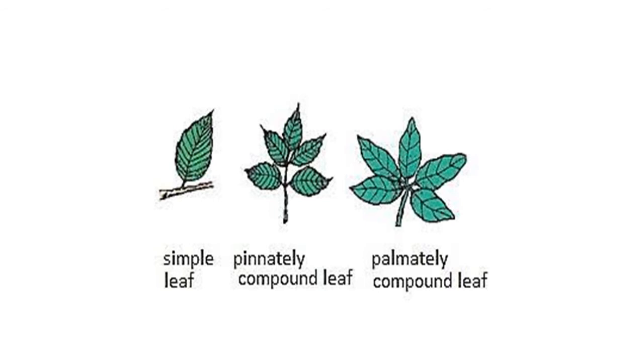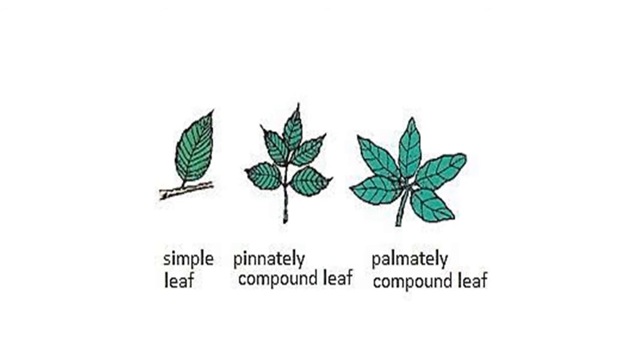This figure gives us a clear idea about simple leaf, compound leaf, and basically its two types, pinnate and palmate compound leaf. In the first figure you can see the simple leaf. In the arrangement of a simple leaf, a single lamina is arranged on the main rachis or axis. The incision is not developed towards the midrib region. That's why this lamina is not further divided into leaflets like a compound leaf.